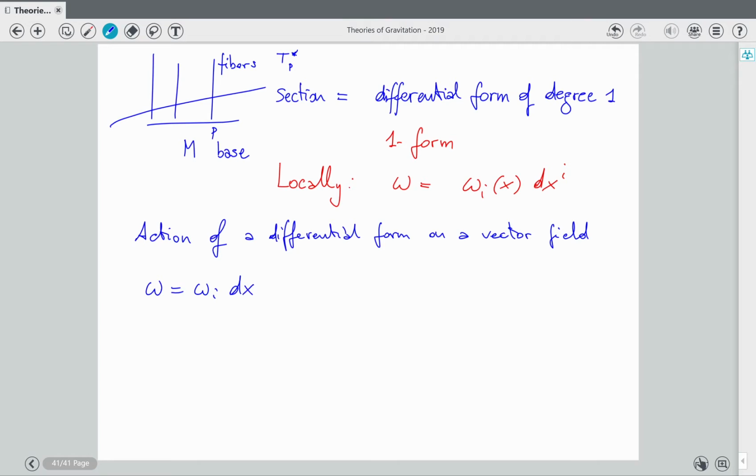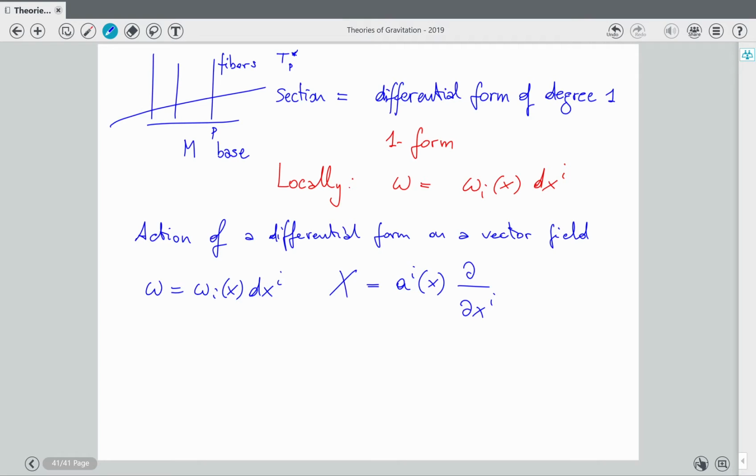I will not specify all the time that omega is a function of x, because we will always use sections, vector fields, or differential forms. So it's understood that omega I and ai are functions of the point. Okay, but maybe for the first times, let's make it explicit, because I see it here. It's explicit also in the last year notes. So for a few times we do it, since we just